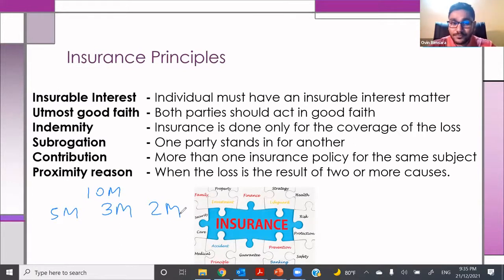Proximity reason. When the loss is the result of 2 or more causes. Let me give you a simple example. Let's say the ship is meeting with an accident with an iceberg. Let's say the ship has clashed with an iceberg, and as a result a fire is starting in the ship, and the insurance company is investigating